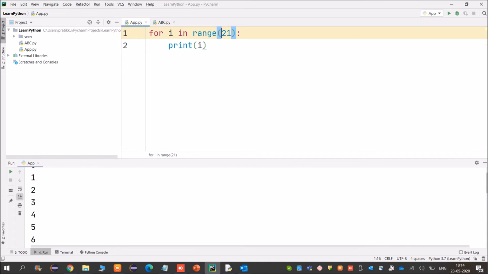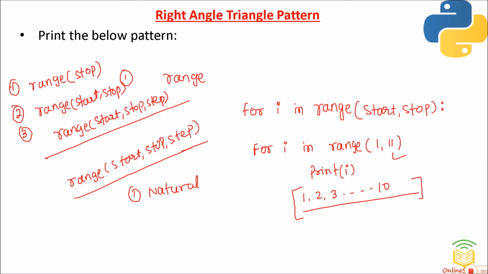So friends, you see, using Python, how easily we are able to print natural numbers, whole numbers, some numbers, right? You are able to print even numbers, right? We are able to print odd numbers. So all those things have become very, very easy for us. So friends, this is the simplicity level of Python, and I hope, friends, you would have understood the range function also.